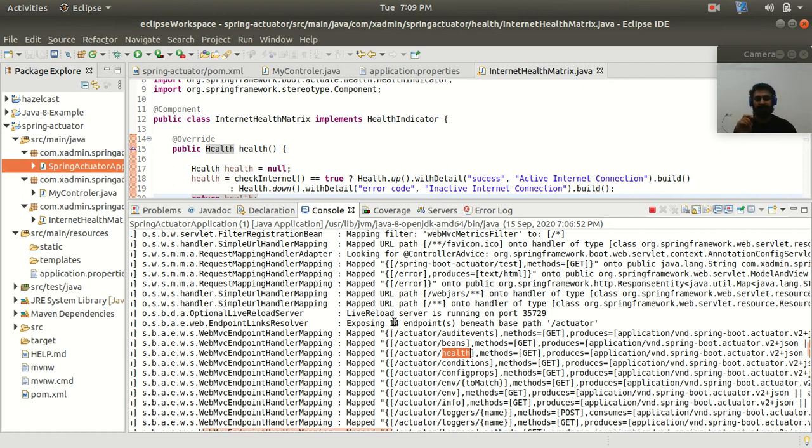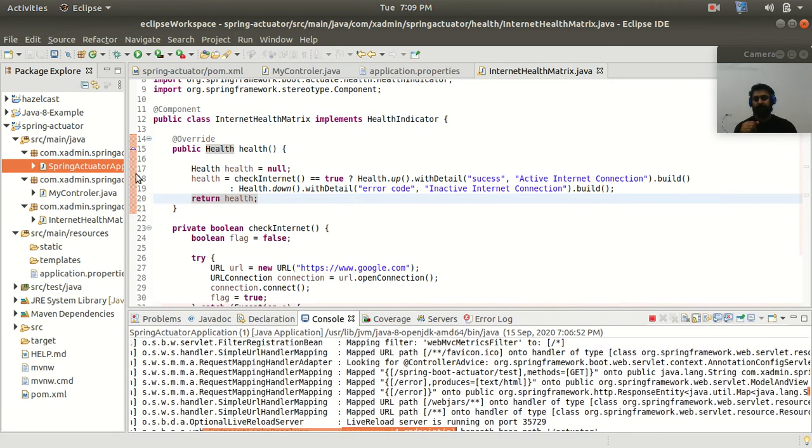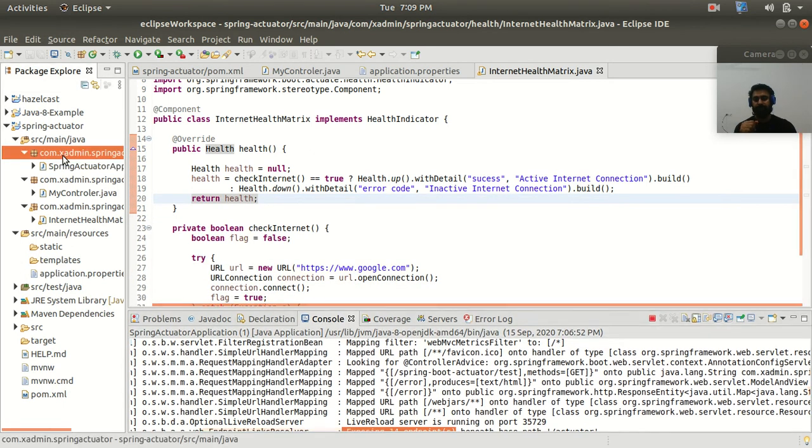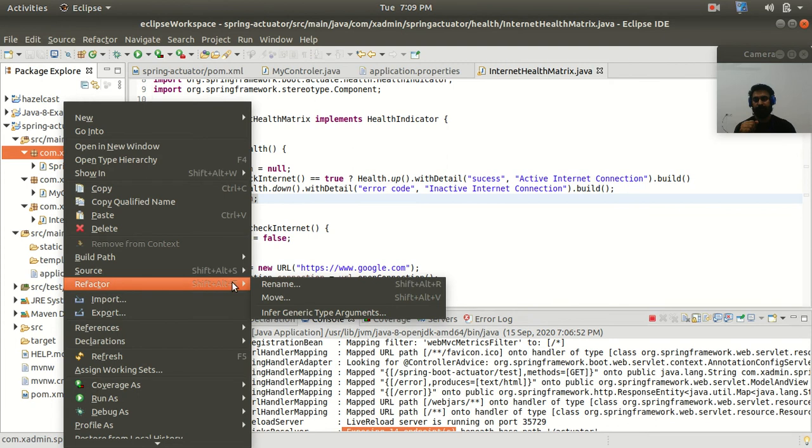Here you can see that you are exposing only 14 endpoints. In Spring Actuator you can also add your own endpoints. You can create your own endpoints with your own logic or customized endpoint information. So let's see how you can add your own endpoint. For that, I will create one package. Let me copy this package name from here,